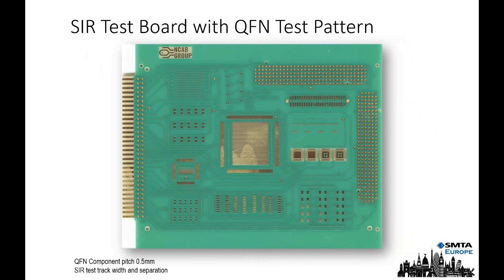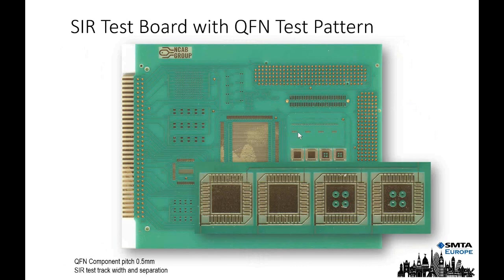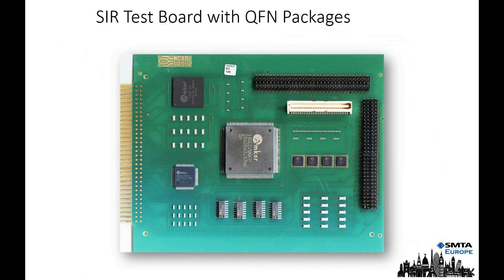So you've basically got the result for 2 of the QFNs and then the result for another 2 of QFNs, as opposed to having 4 individual test results from this test. And we did standard SIR and also condensation testing on this after building the product on a production line that we were running in Sweden. So this is the final assembly. You can see the QFNs on there, and we've got all the data on the paste that we used, thicknesses, etc. So again, that all can be exchanged.